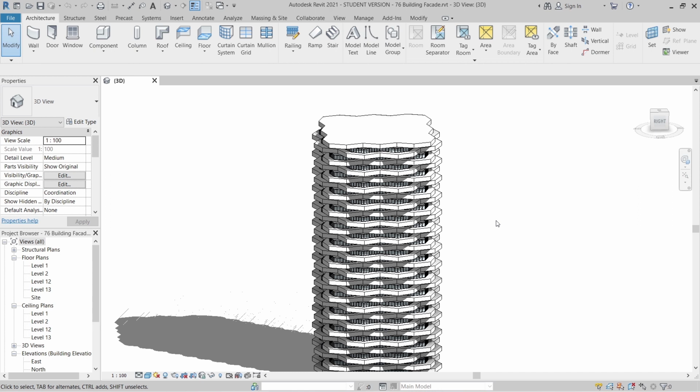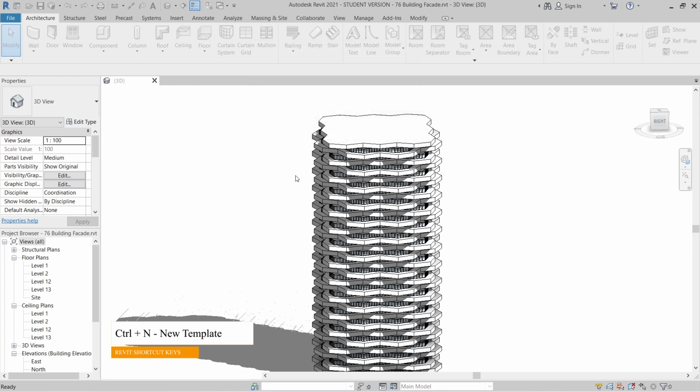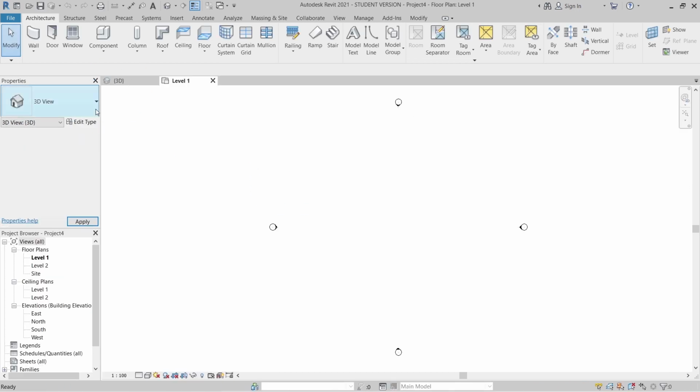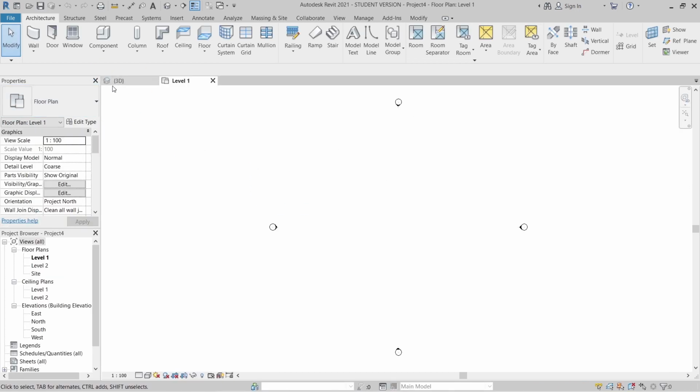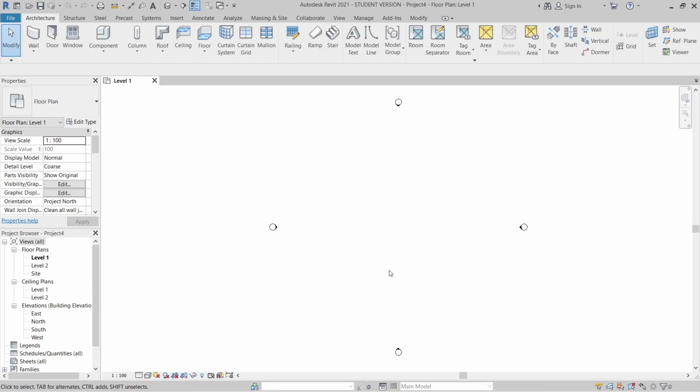Now again, let's jump into our project together. Control N on my keyboard is the shortcut key, then I prefer using the architecture template. Just hit OK. Then I'm going to look for 3D here. We got two templates, here is my previous project and here is another template for the project. I don't want to make this one quite messy, so I will close this one up first. Now we are in the Revit architecture template.